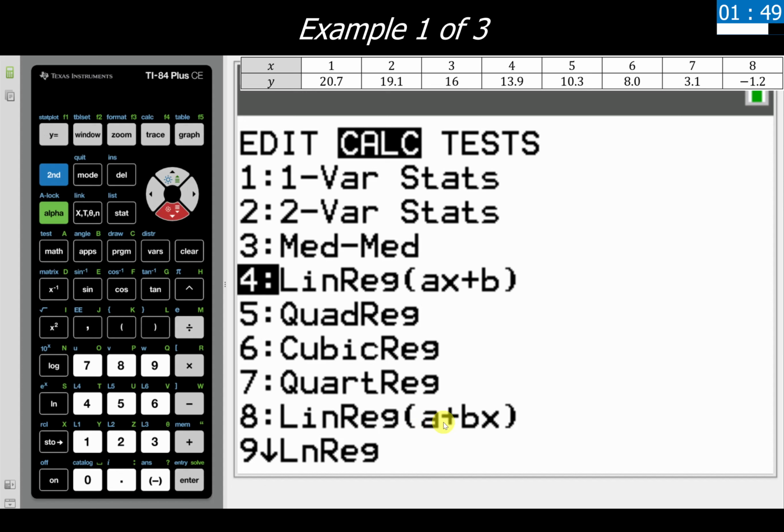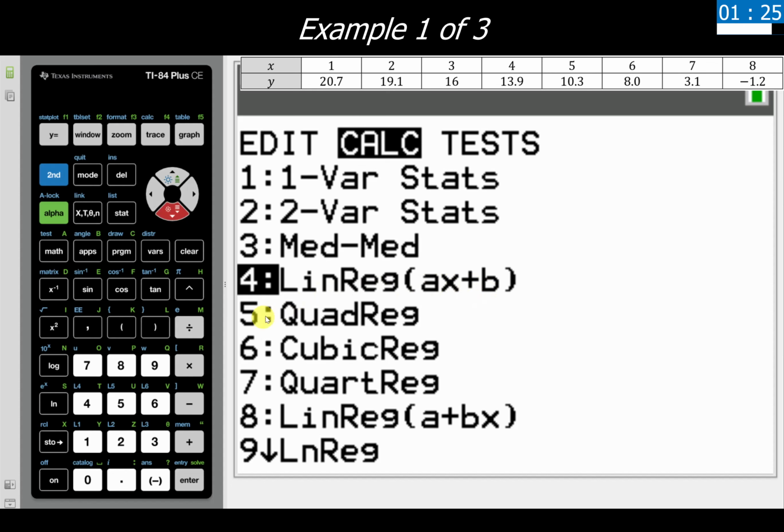And you absolutely can. It will give you the same answer, but notice how the form and the way it's written is reversed. The variable term is at the front here versus the variable term at the end here. So we're just going to use LinReg, the first option, just because it's the quicker and more available one.